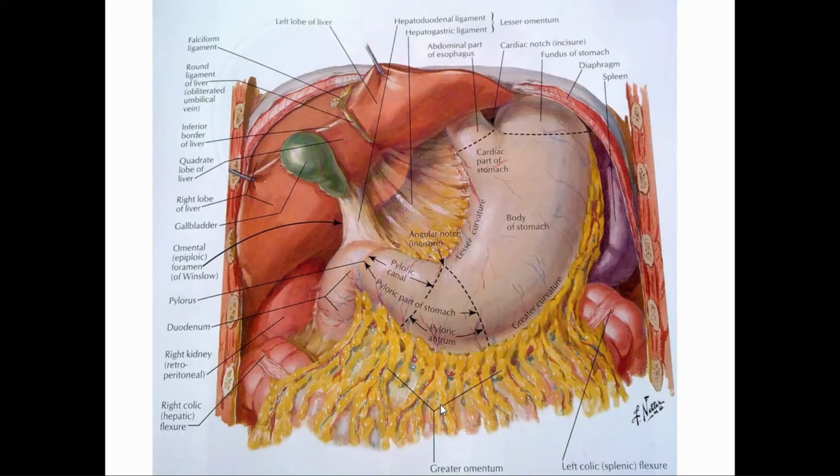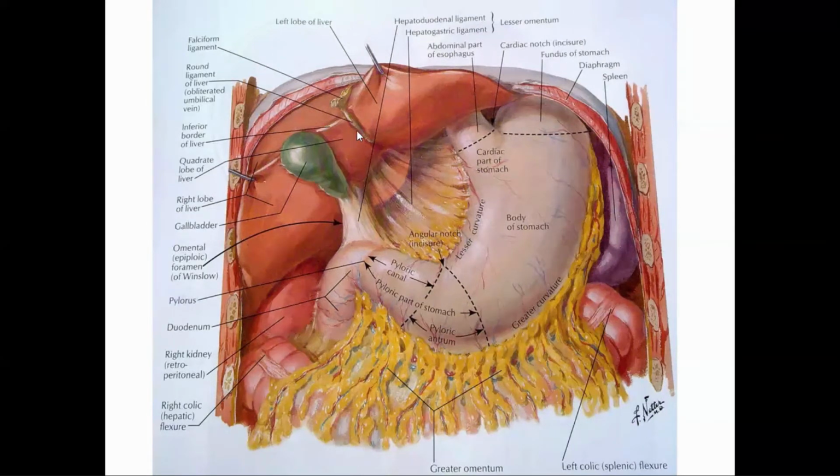The transtubercular plane lies at L5. So the pyloric vertebral level is the lower border of L3, and it is also covered by the peritoneum, and the structure related anteriorly is the quadrate lobe of the liver. Here the quadrate lobe of the liver intervenes between the gallbladder and the falciform ligament. This ligament is the falciform ligament.